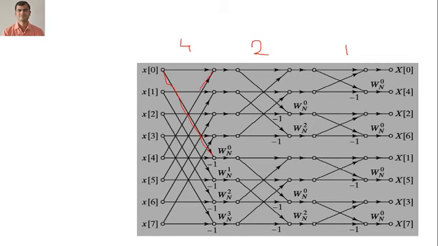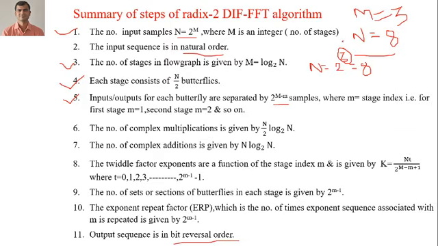Okay, so in between the input and output, each butterfly is separated by 4 samples. See here, this is my first sample. See this line: first sample, second sample, third sample and fourth sample. So when you see this one and this one also, it is separated by 4 samples. Now for stage 2, it is separated by 2 samples. You can see here, this is my first sample, second sample, and here it is only separated by 1 sample. So that is about point number 5.